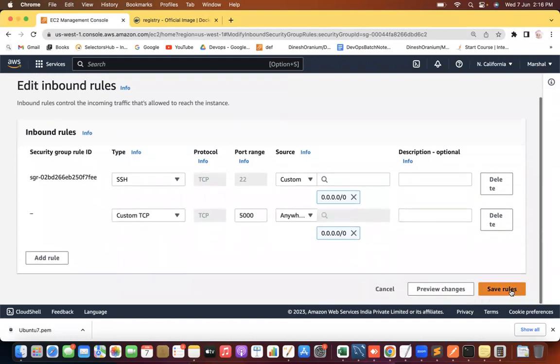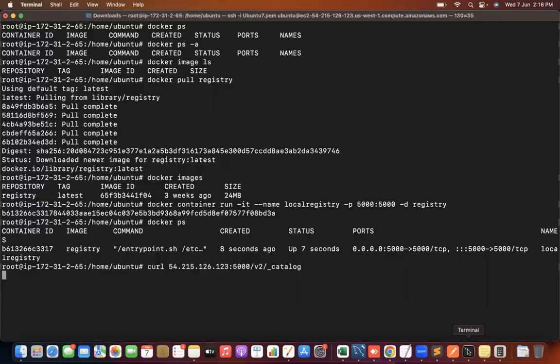Let me save this particular rule and I will go to my here. Yes. Now, can you see here? I got one response, repositories. Nothing is available in this particular JSON. It is a JSON output, right? Particularly in the curl command, it will give you HTML response, JSON response. It will give it to you. Here it is saying there is no